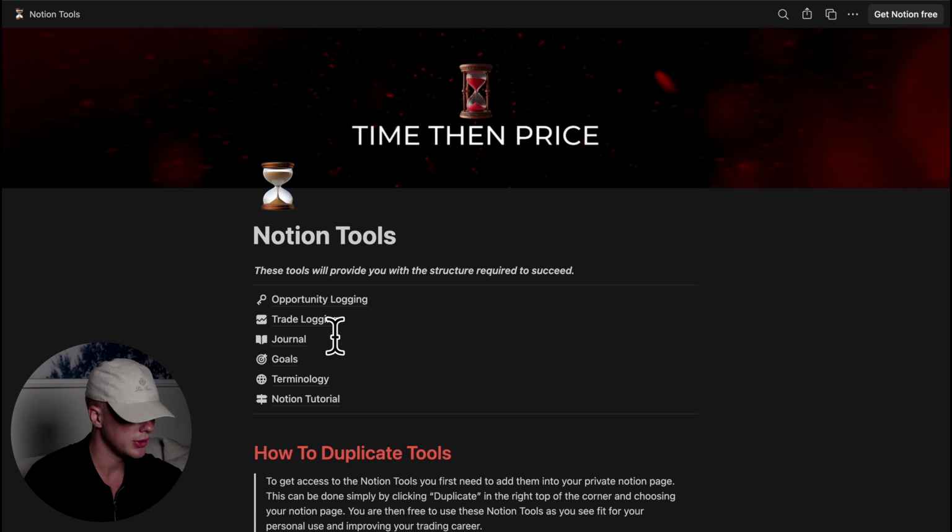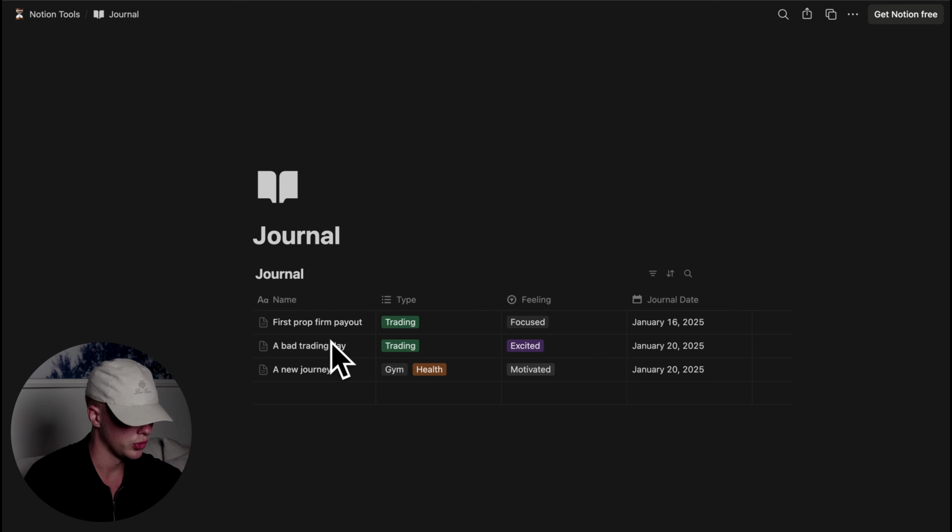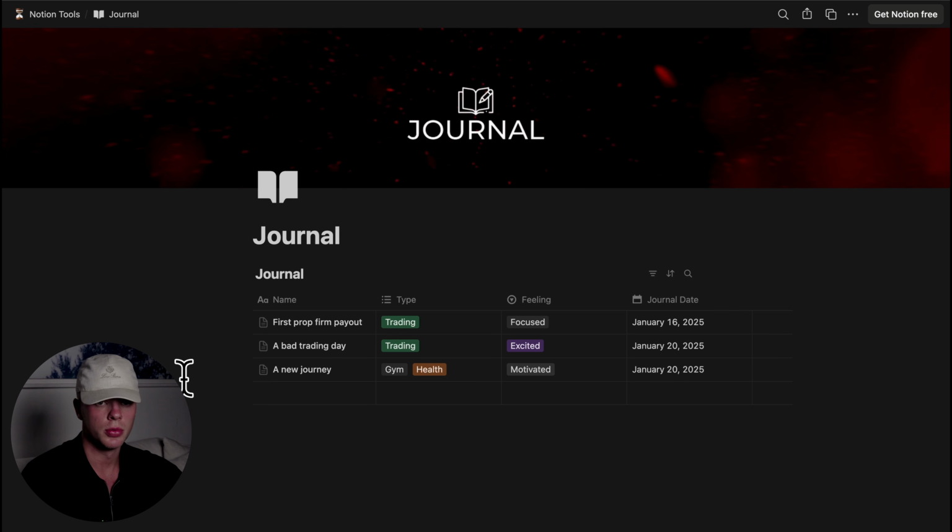When we pay attention then to the third tool, it's the journal tool. This journal tool right here is something that the majority of traders avoid. And the reason why they avoid journaling is because they are not aware of the significance of it. Let me tell you something. If you right now think that trading is purely about just coming to the charts and that's it, well, you're going to have a very hard time. And the reason why is because you need to get to know yourself. And the only way you get to know yourself is by actually journaling.